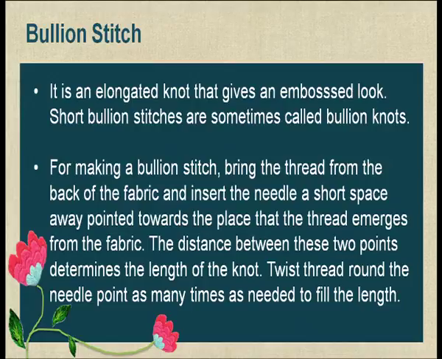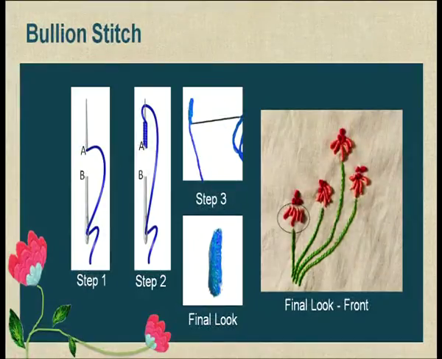The distance between the 2 points determines the length of the knot. Twist thread round the needle point as many times as needed to fill the length. So it can even go up to 7 or 8 times, very similar to the French knot, and then you bring it back. So now we'll see how this particular stitch is done. So over in steps you can see over here. So the elongated ones are bullion and the red dots which you see in the sample, they are the French knots. So now let's see how Sarika is doing the